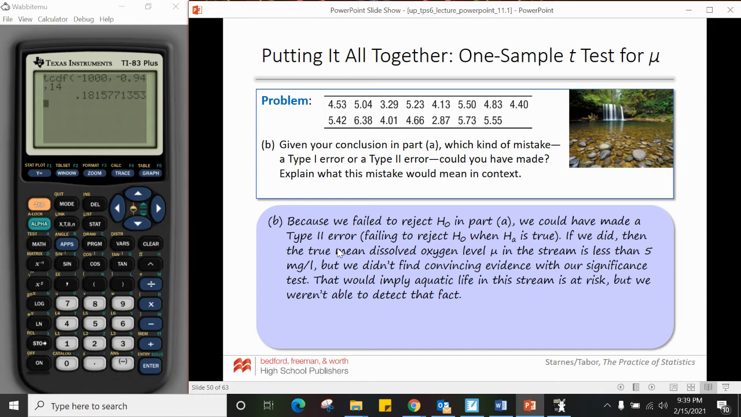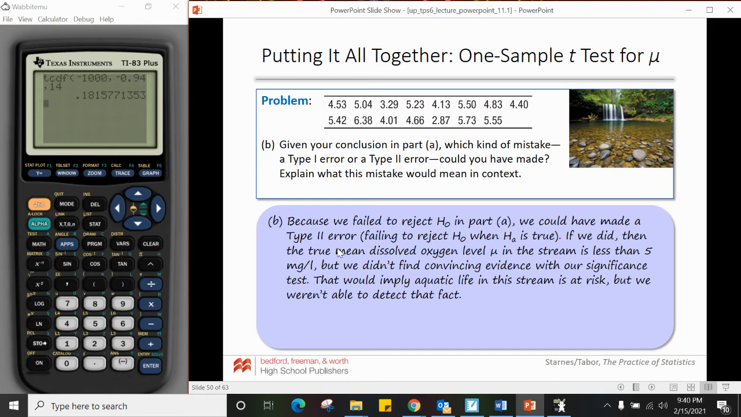And they say, explain what this mistake would mean in context, or give an example of what happened. So they say, if we did, then the true mean dissolved oxygen level mu in the stream is less than 5 milligrams per liter, but we didn't find convincing evidence with our significance test. That would imply that aquatic life in the stream is at risk, but we weren't able to detect that fact. So this is a really bad error to make, because on a type 1 error,